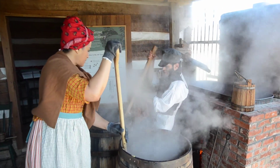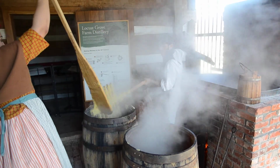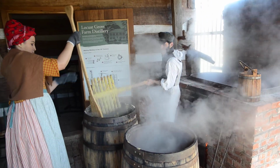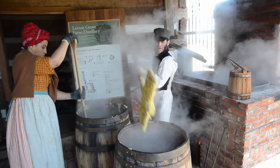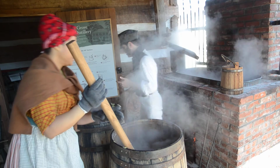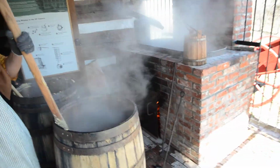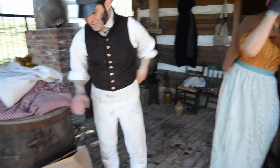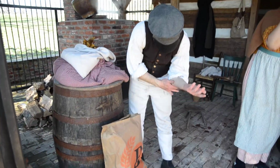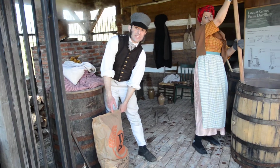Let's go ahead and switch. Toss the paddle into this one. Okay, go ahead and start on this one, and I'll get the big bag. This is the hardest thing we do all day because there's 70 pounds per barrel, and then the other one's quite a bit less. Oh, so out of these bags, yeah. Yeah, and like I say, I leave them in these bags because Brooks Grains, they donate all of our grain,